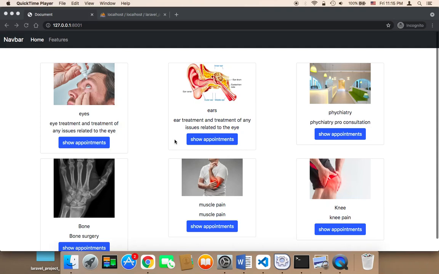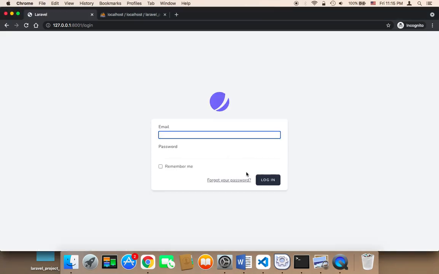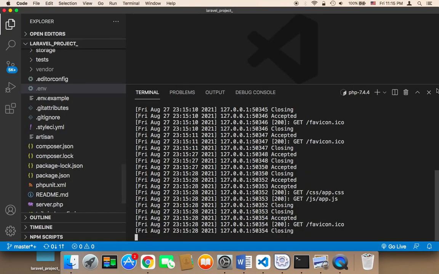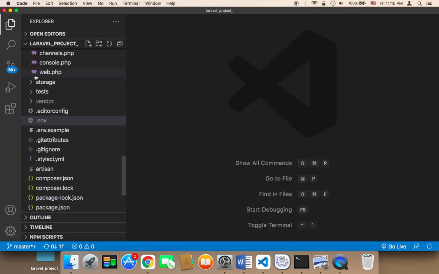So now what we need to do is add a link to the login here, because if the user doesn't have an account, they will not be able to log in. So they need to register first. So you need to open up your project and